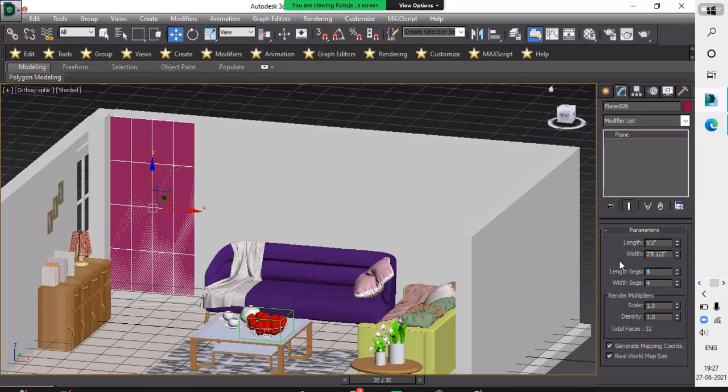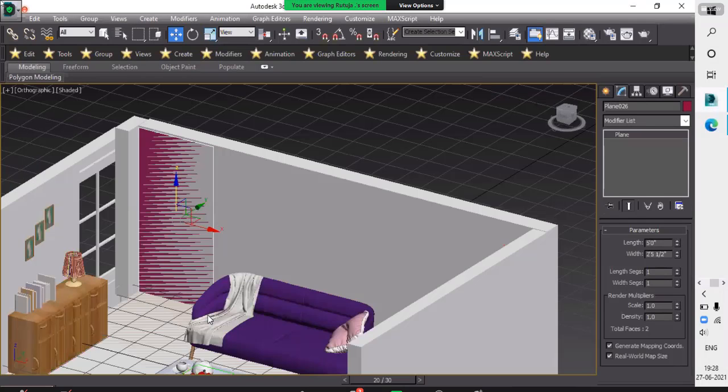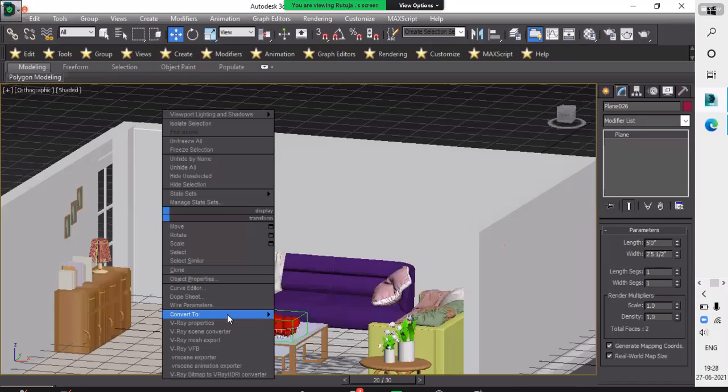Change the segments of the plane. Take it 1 by 1, and if you see there, the plane will be changed here. When we change the segments, then the plane can be moved as you want. So first of all you change the segments and then convert into editable poly.